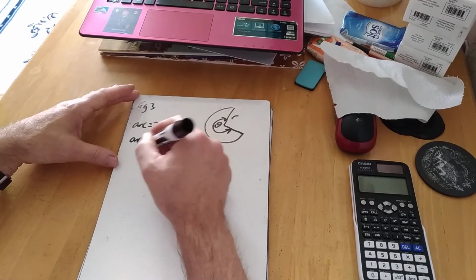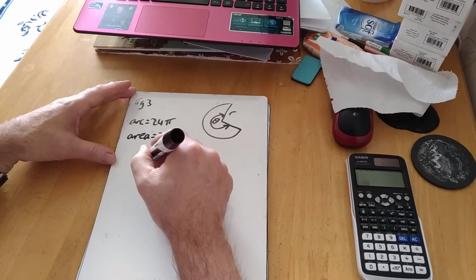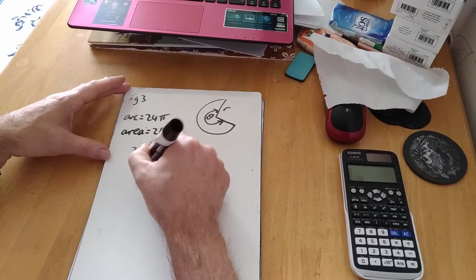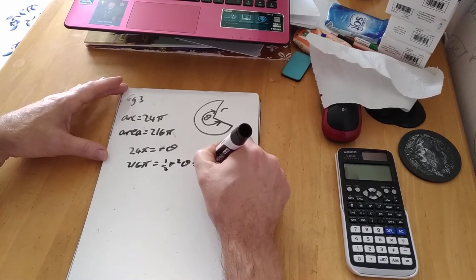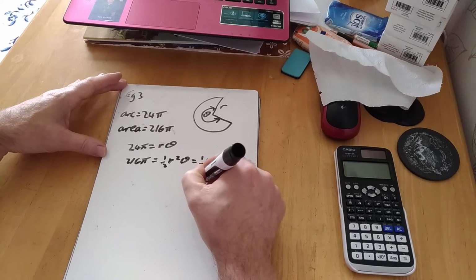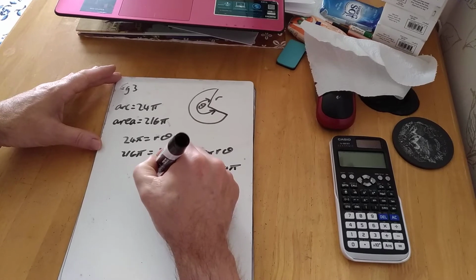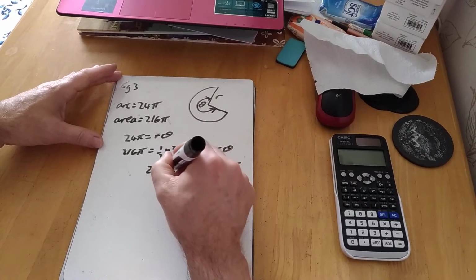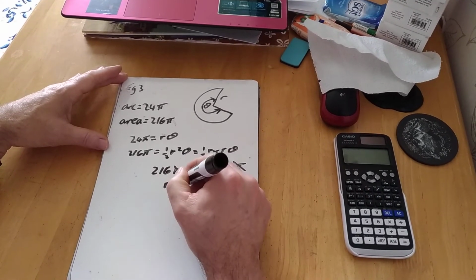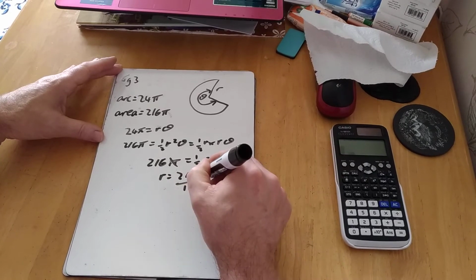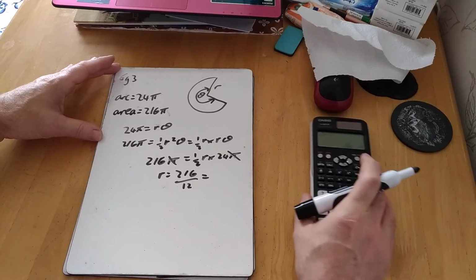So all I do, I set up my equations. The arc, 24 pi, equals r theta. And then 216 pi is a half r squared theta, which is a half r times r theta, or half r times 24 pi. And hey presto, I can get the pi's cancelling out. I can say that the half and the 24 makes 12, so r will equal 216 divided by 12, which is 18